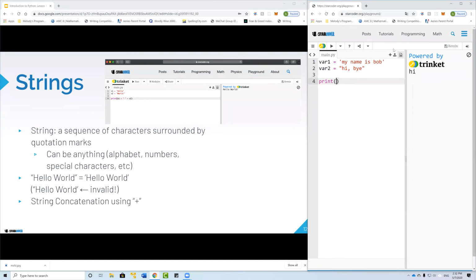In order to add strings together, we simply use the addition sign. So just like you can add 2 plus 3, just take a wild guess. What do you think happens when I add variable 1 plus variable 2? Okay, so